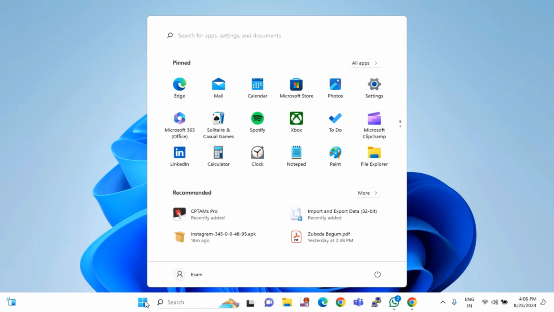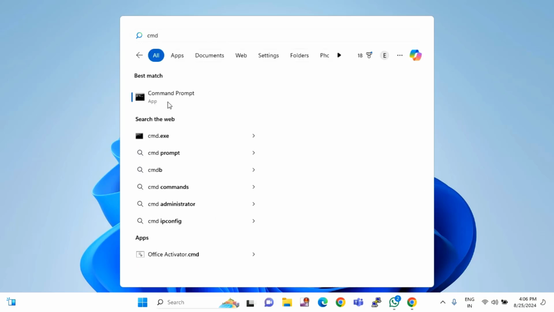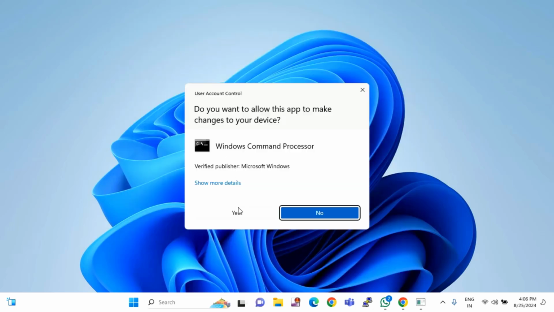Still you are facing the issue, then the second method is you can check by restarting your laptop or desktop. After that, the third method is just click on the start menu, then type here cmd. Right click on this command prompt, then click on run as administrator. Click on yes,